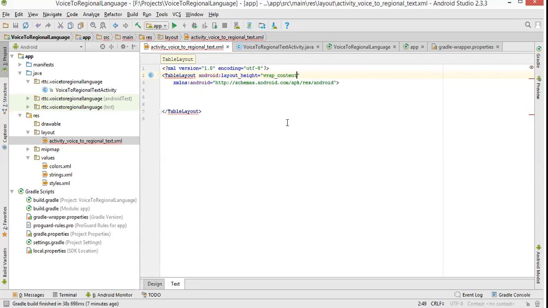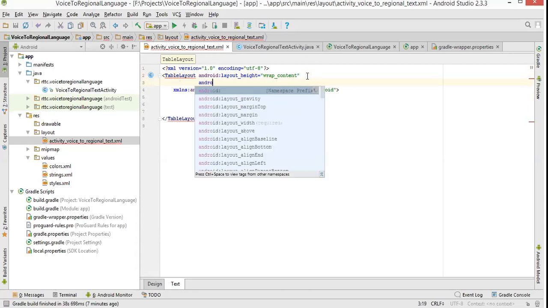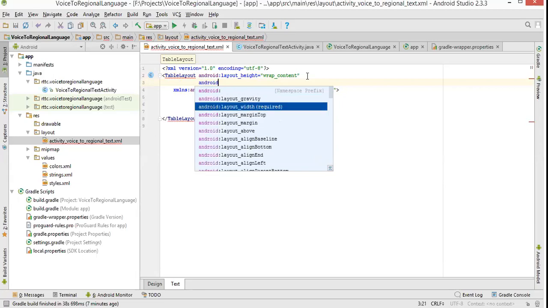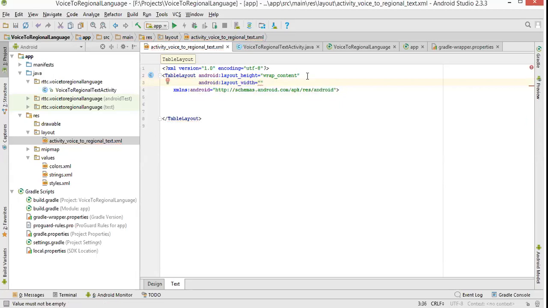Wrap content will wrap according to the space that you have. And for Android layout width, I'll make it wrap content, or simply we can also use one more attribute called match parent. It will completely cover your screen.